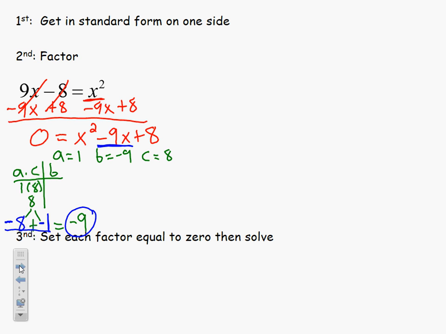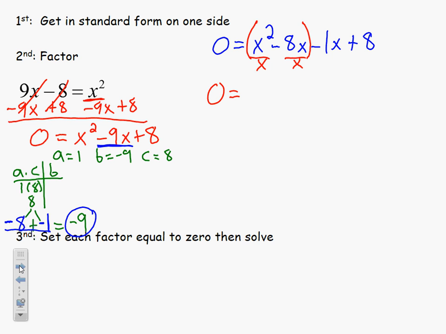So when I rewrite this, I have 0 equals x squared minus 8x minus 1x plus 8. Now I can use my grouping method. So my first group is going to be right here. 0 equals, I can take an x out of both of those. So I have x out in front, and then I'm left with x minus 8. My second grouping, I have this negative 1 out front. Remember, we want our first number in our parentheses to be positive,